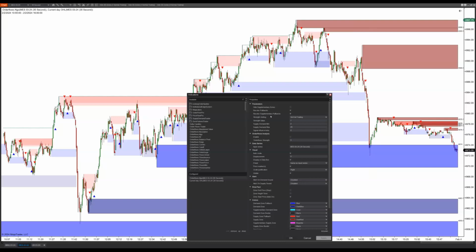And supplementary pullbacks deal with supplementary zones. Now, there's different types of strength, okay? For most traders, we're gonna focus on normal trading. You could follow a minute-based chart or a longer-term chart, but normal trading is fine for most traders. There's different strengths that you can use for your supply and demand. One is the base level, and that's the default. Again, you could go up to 30 or 50 if you wanted to. But in all honesty, the higher you go, obviously, the more strength, the less signals you're